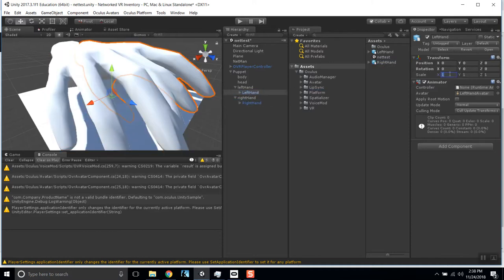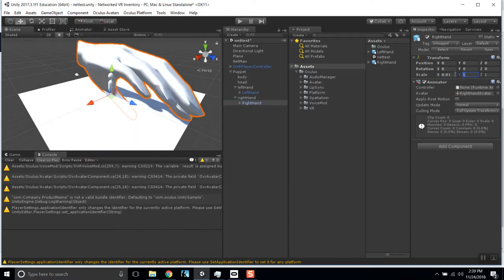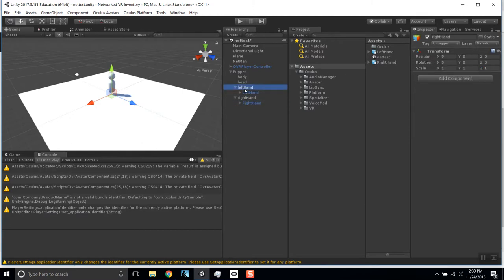Let's see, something like 0.01, 0.01, 0.01. Cool effect actually to have a giant hand that big just come into the scene. Alright, so there's our hands. They are fairly low, but that's okay. We're going to make them track